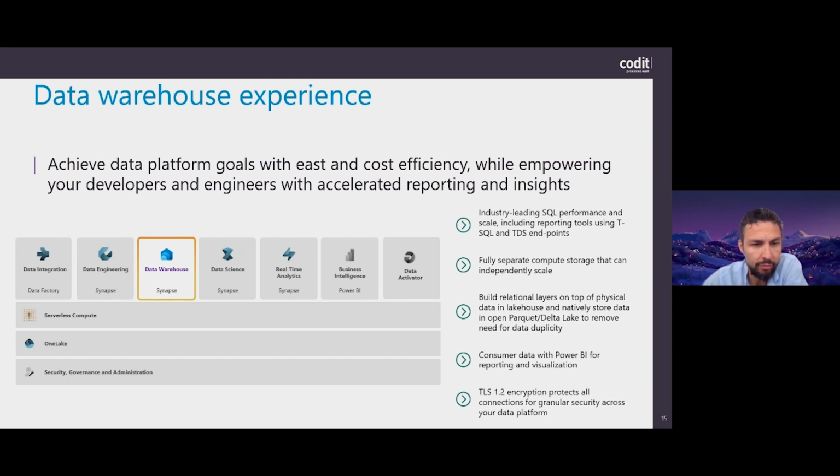Again, this is because between those experiences and the OneLake, there is a serverless compute layer, which makes it possible that independently of which language you prefer, the serverless compute will make sure that it can access the same data underneath. So you don't need to transform it, copy it, or whatever. All the data stays nicely in OneLake using the Parquet Delta format.